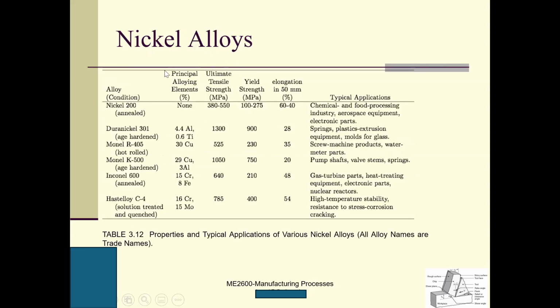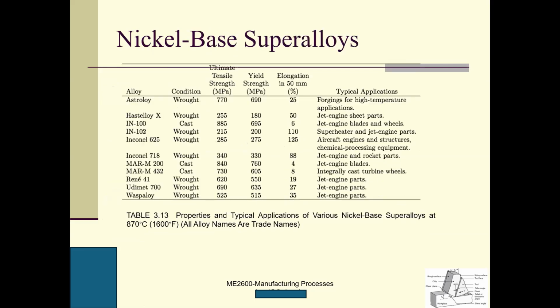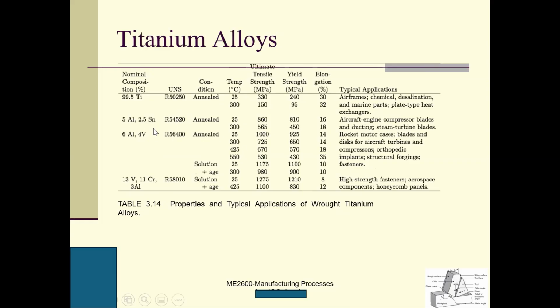And nickel alloys are very popular now because of the hardness and the strength at high temperature. Nickel alloy and titanium alloy. Nickel-based superalloys. See, the name gives it: superalloys. Inconel is the commonly used one. Also, another one is Hastelloy. And there are a lot of people doing research to investigate the machinability of this one and Hastelloy. Titanium alloys have been very hot in the past 20 years. Not still, and titanium alloys